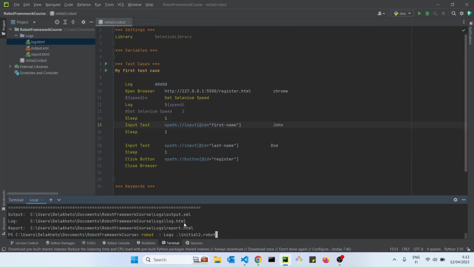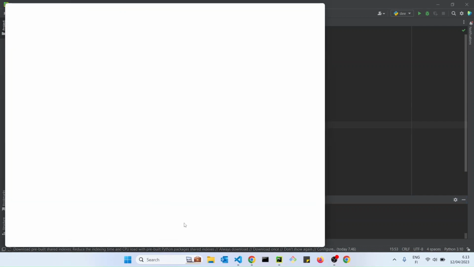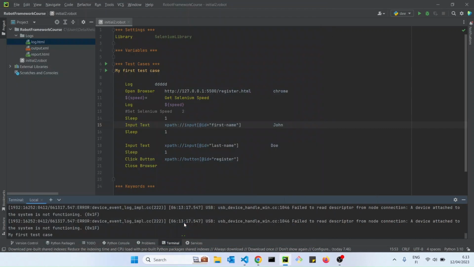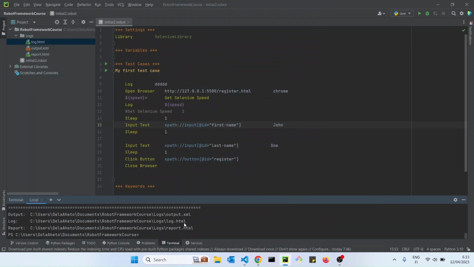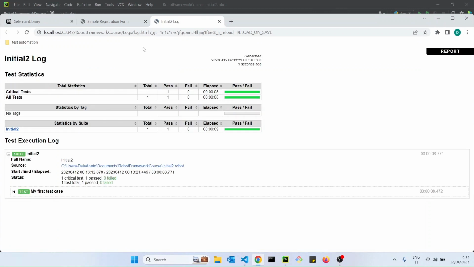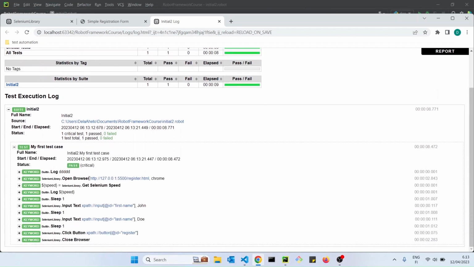So I just run the file again and see where we left off. Yes, so our test case is still passing. So let's check the results. Yeah, so it took 8 seconds for the test case to finish running. And these are the keywords the test case used. So let's go back